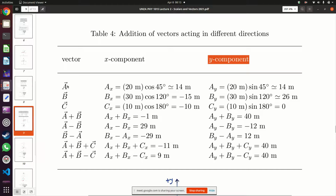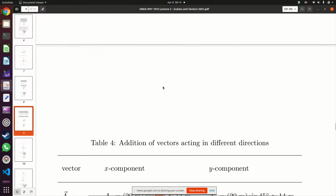So in the case of vector A, we know that vector A has got a size of 20 meters and it makes an angle of 45 degrees. With this information, the size of the vector A and the angle, we can find out how much vector A is along the x-axis. And that's how we write this: AX, the x component of vector A. And how do we do that? We multiply the size of the vector, which is 20 meters, by the cosine of the angle the vector makes with the x-axis. So the angle the vector A makes with the x-axis is 45 degrees, as you can see